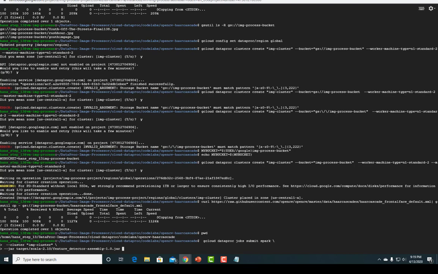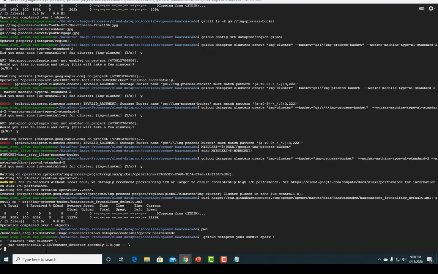And then I can do dash dash, the bucket. Let's come down here to make it easy to see. You need to pick the XML file that has the face detector configuration that we just did in the previous step. So I have to go to my bucket. My bucket is image process bucket,